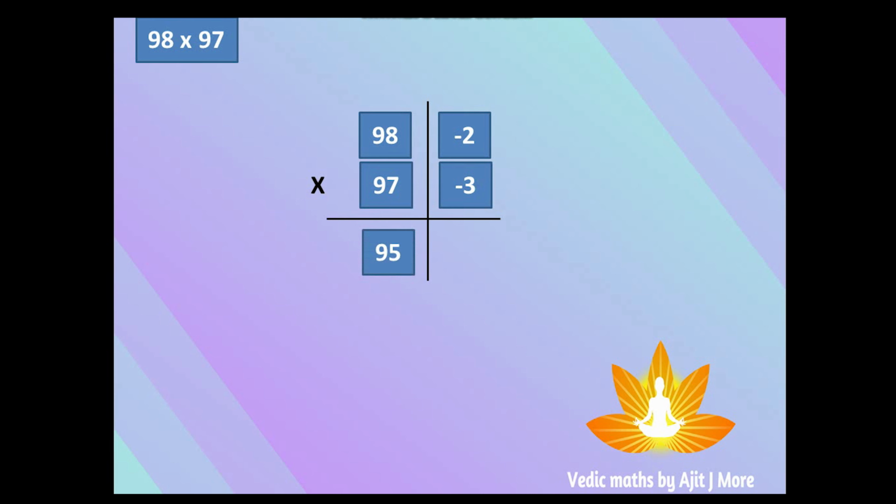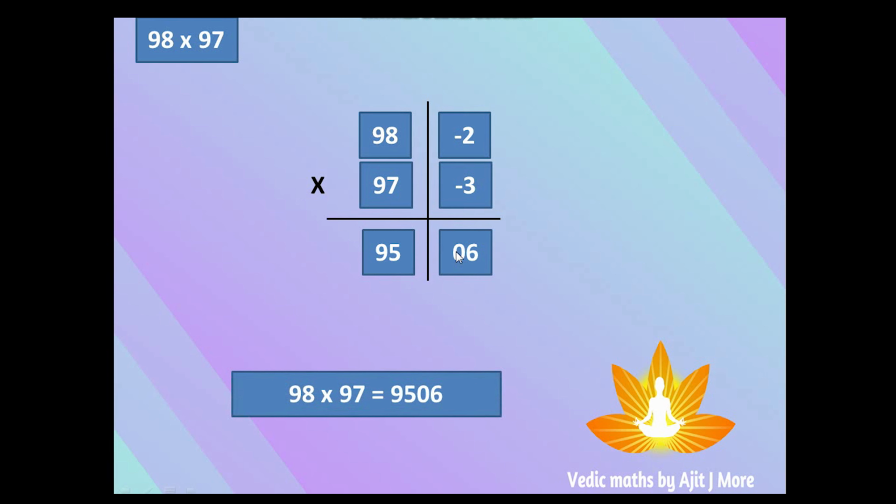And the second part is vertically multiply. So 2 into 3 is 6. But as I said in the previous slide, when the digits are fewer, prepend it with 0. And if it is more, overflow is to be added in the first part. As our base is 100, and 100 contains 2 zeros, the second part should contain 2 digits. Our answer is coming as 1 digit. So we are going to prepend it with one 0. So it will become 06. And that is your answer.